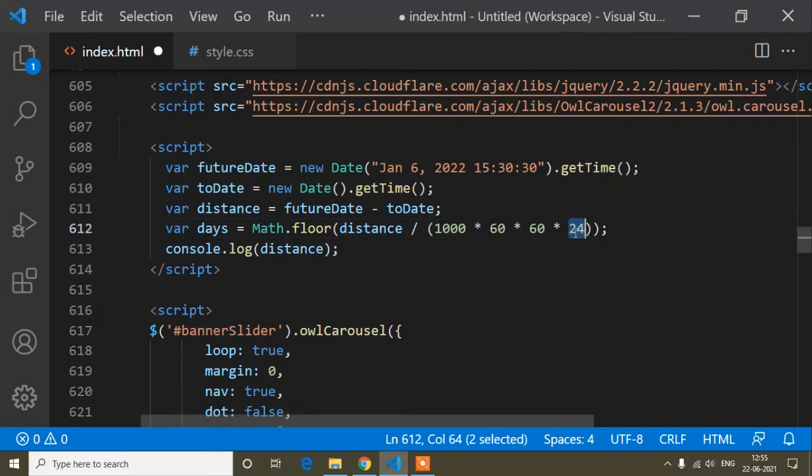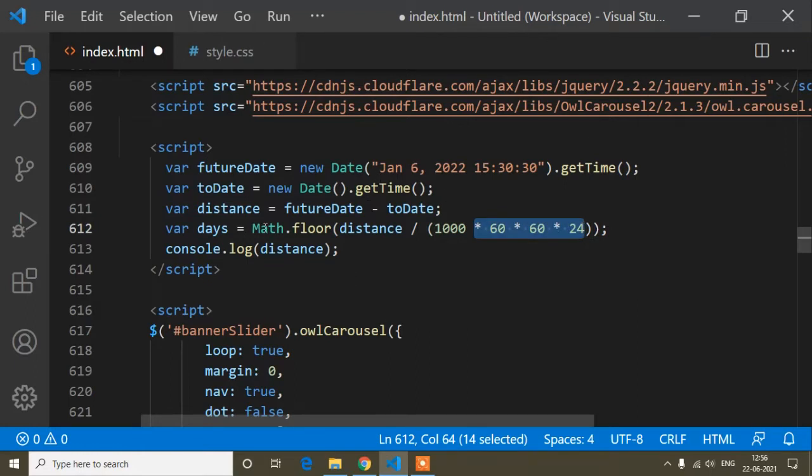I mean in 24 hours how many minutes and how many seconds do we get? 1 minute means 60 seconds, 1 hour means 60 minutes. So in 24 hours how much minute and second do we get? So that's what I calculate here. Okay, so that means I will get the days.